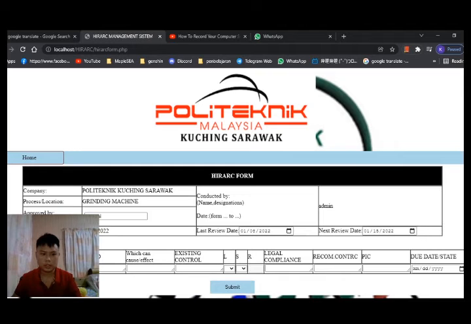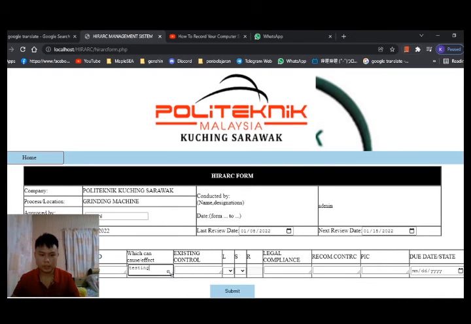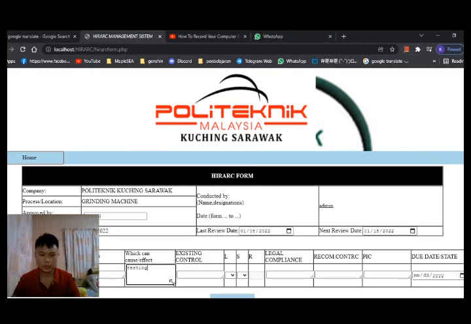I just key in testing. All the boxes are resizable, so you can enter the data on multiple lines. It's no problem.